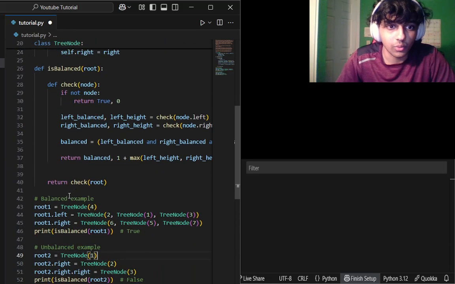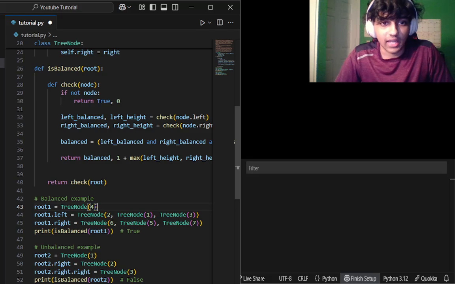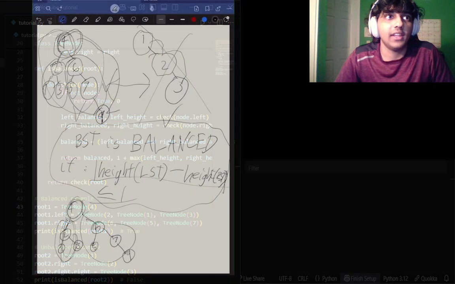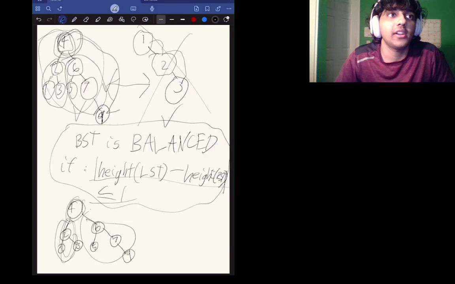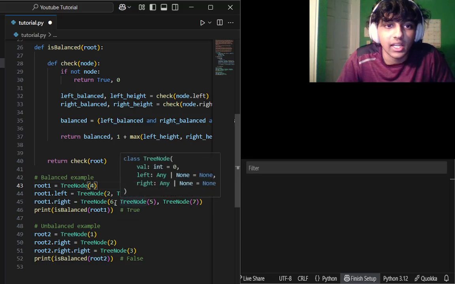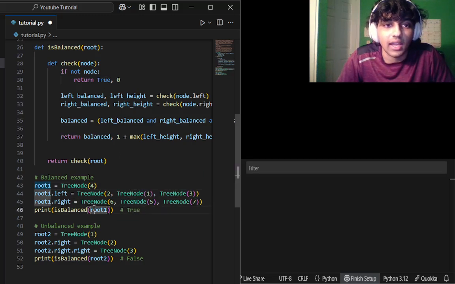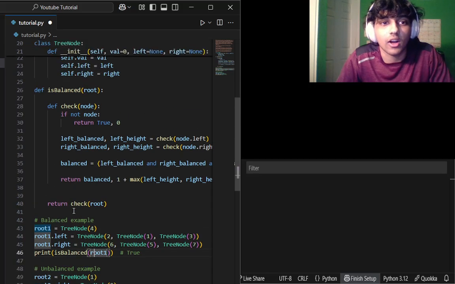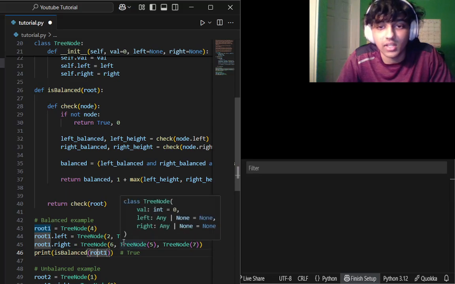So we see here we have this first tree that is similar to the one I have on the whiteboard. It's going to have 4, 2, 1, 3, 6, 5, 7, and if we call the isBalanced function on this one, what we should expect